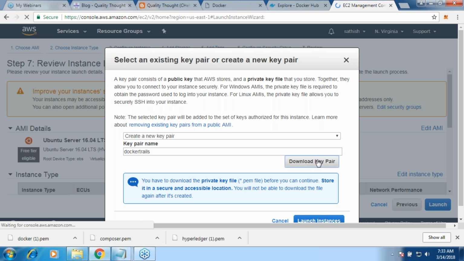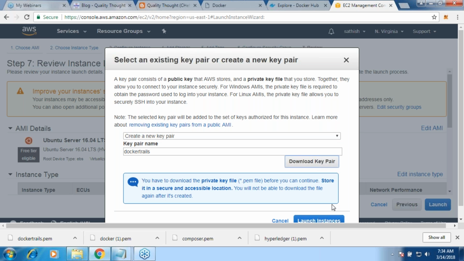Okay, as long as you are on this page, you can download this file any number of times with any names. But once you have gone out of this page, there is no way in the world to generate the same key again. If you don't have this key, you will not be able to log in to the machine which you have created. So losing this key means losing the machine. Please keep it safe.